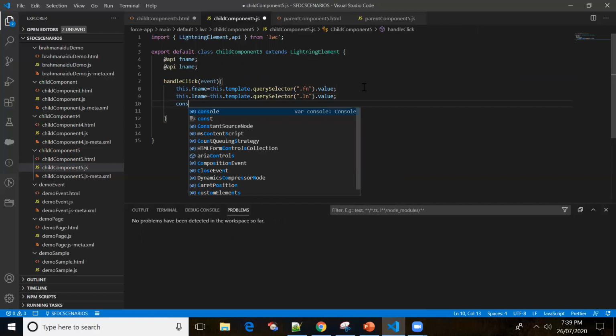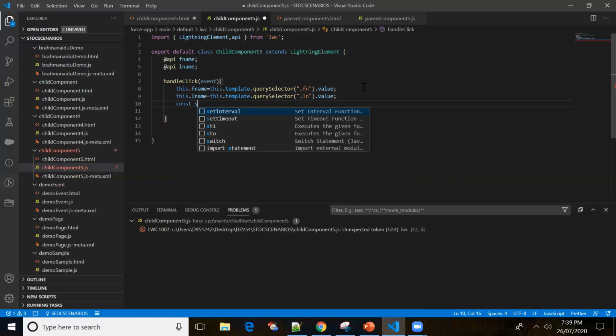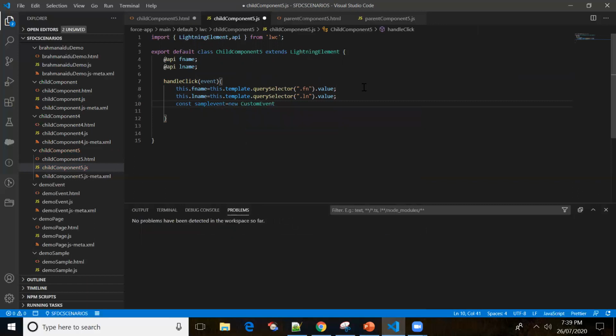Okay, so after this, what I'll be doing is creating an event, sampleEvent. New CustomEvent is the standard constructor, right? Let me go with the same name, inputcarryevent. Okay, in the detail property, I'm going to pass multiple values. So for firstName, I'll be passing first name.